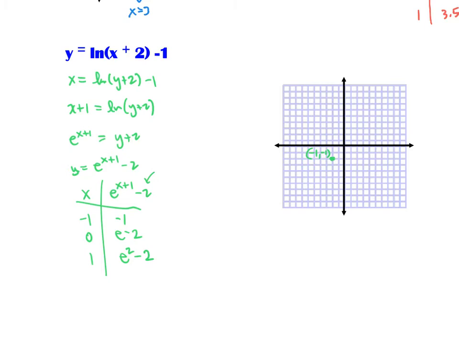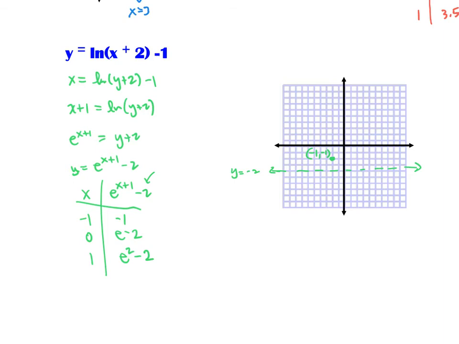Okay, first of all, as I look at this, this is going to be an exponential function shifted down 2 units, so I know I'll have a horizontal asymptote at y equals negative 2. And I've shifted my exponential function down 2 and over 1. Over 1 meaning to the left 1 unit. Okay, so